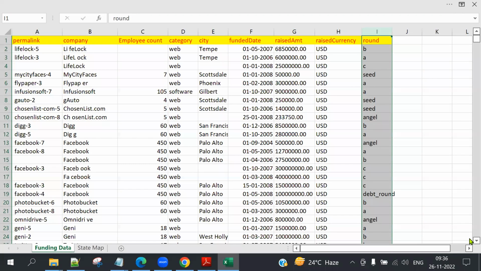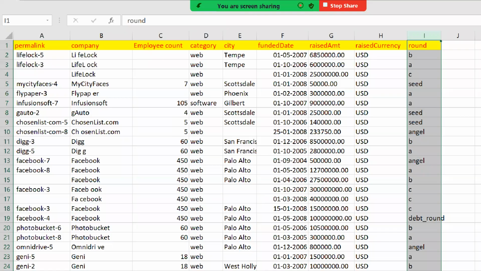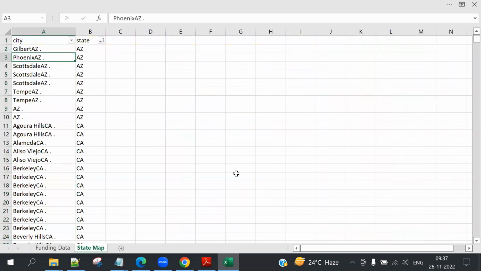Now put your keen observation on this data. Completed. Second one, state map.